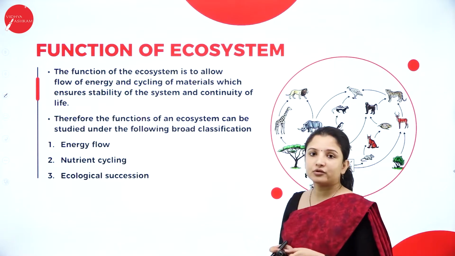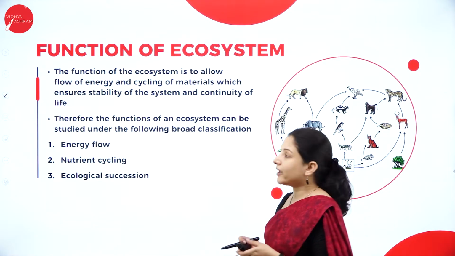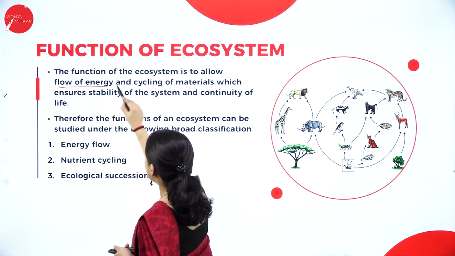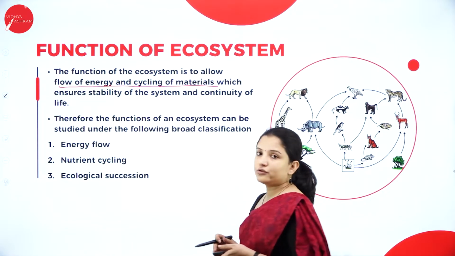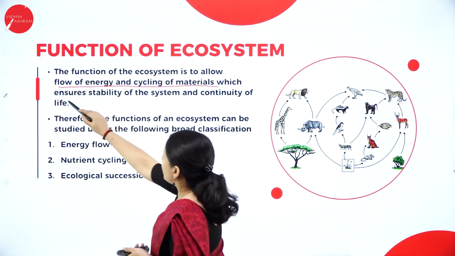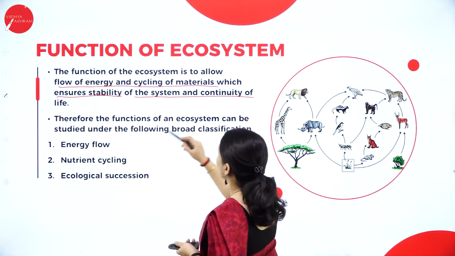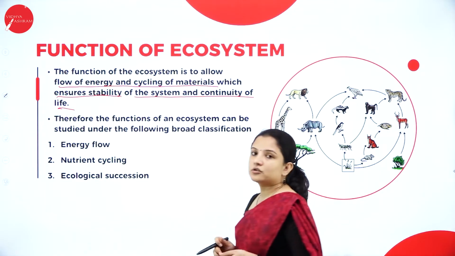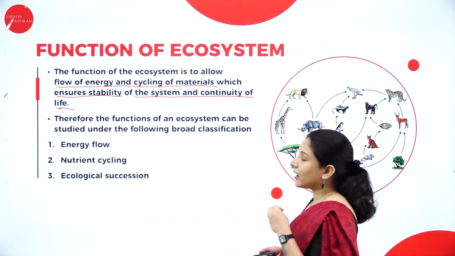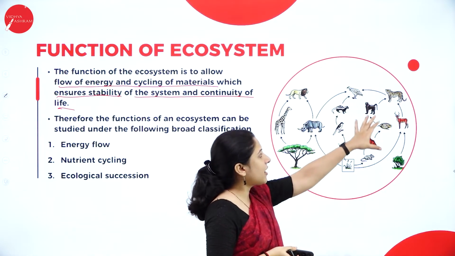So next, talking about the function of ecosystem. The function of ecosystem is to allow the flow of energy and cycling of materials or nutrients in order to make sure that, or in order to maintain a stability of the ecosystem and continuity of life on this earth or in the ecosystem. So as I told you, for the life to continue, a cycle or a web has to be formed like this,